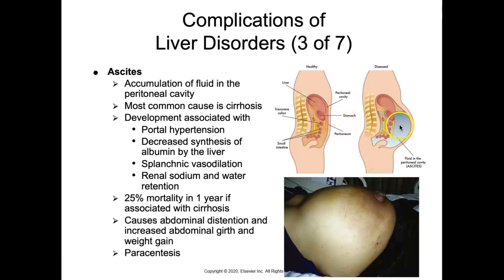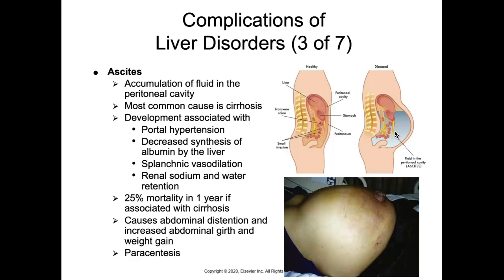Because the fluid is moving into the peritoneal space, we are going to reduce the amount of body fluid that we have available for our normal physiological functions. But this isn't a primary issue that just all of a sudden developed. This is usually caused by cirrhosis, and some other causes would include heart failure, constrictive pericarditis, abdominal malignancies, nephrotic syndrome,